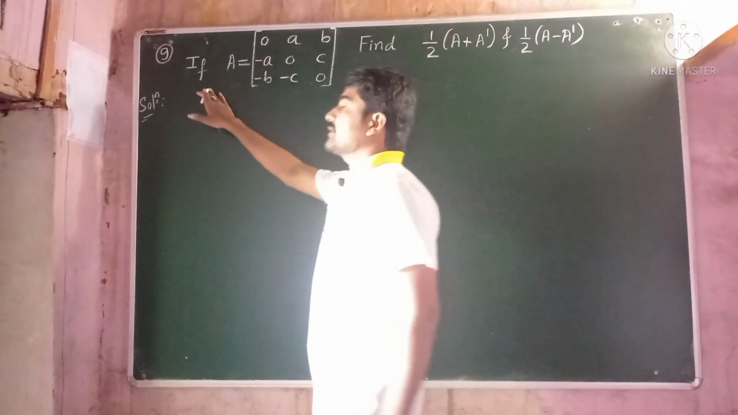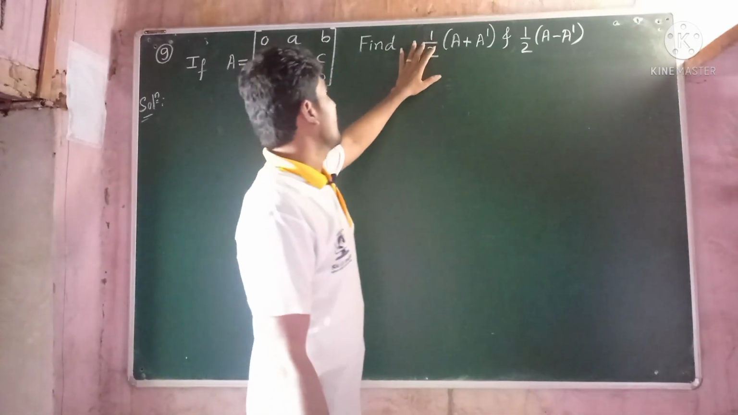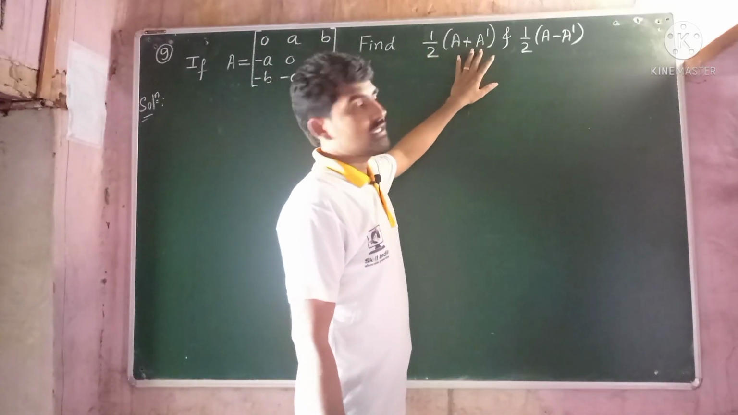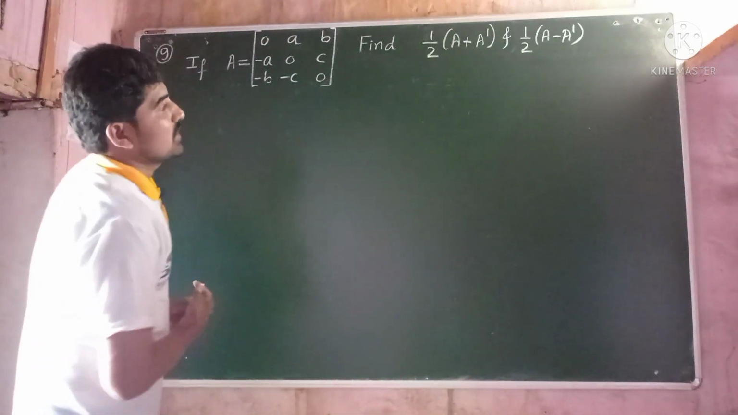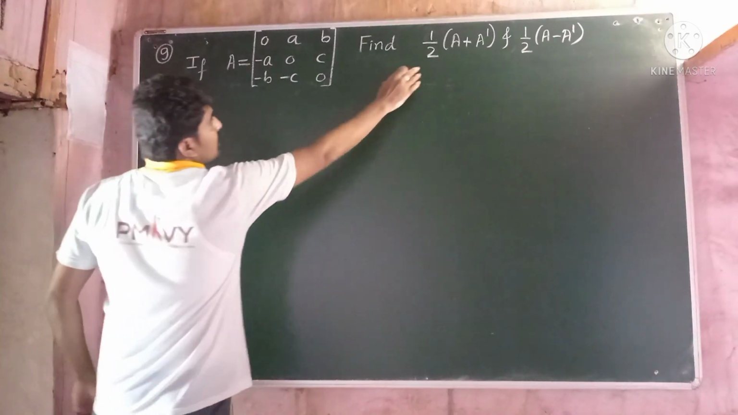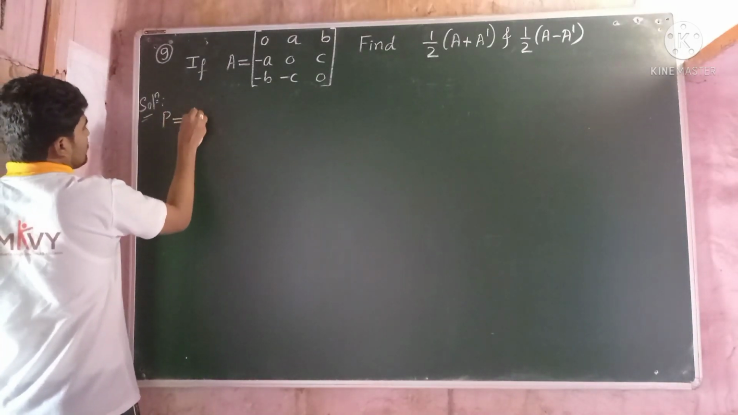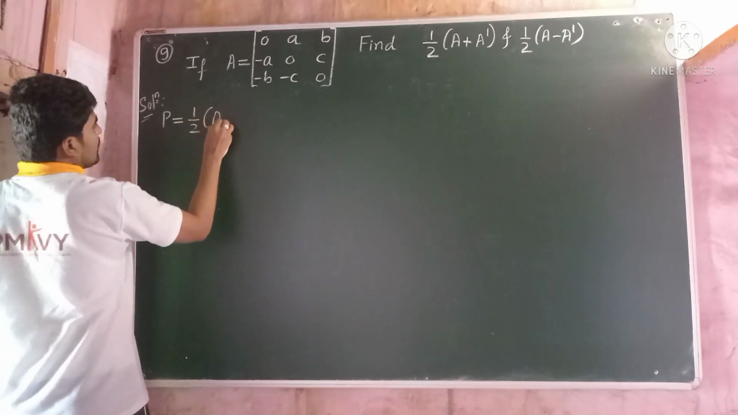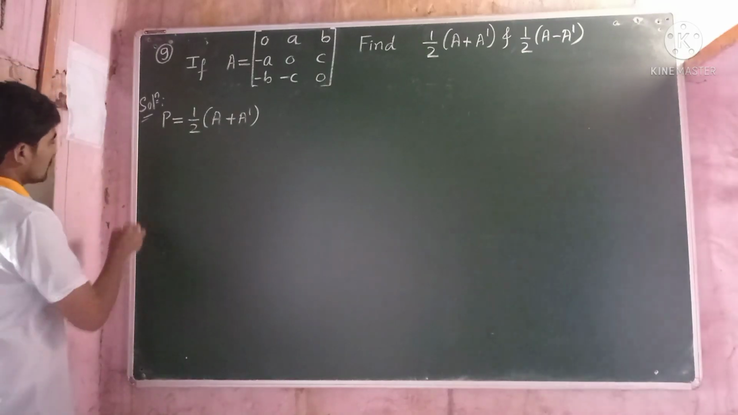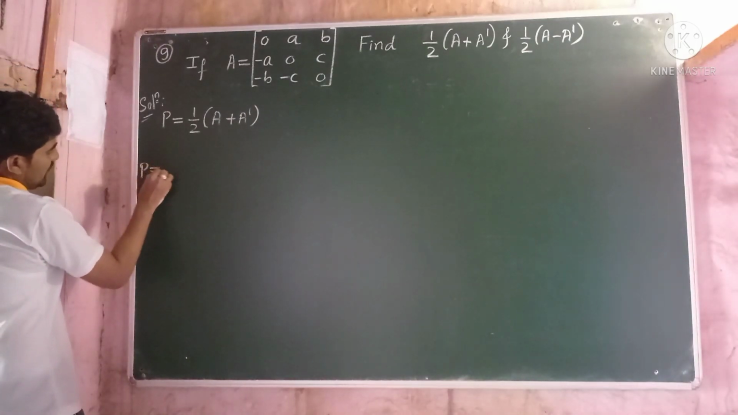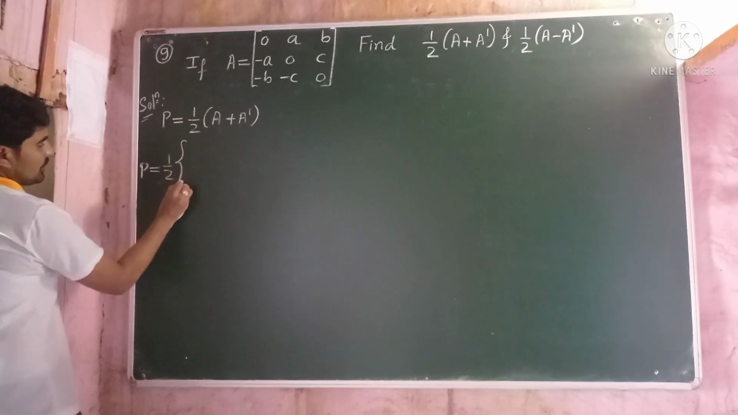Now the ninth question. Here he has given the matrix A, and we need to find 1 by 2 into A plus A dash as well as 1 by 2 into A minus A dash matrix. So let's start the solution. First, let us define P equals 1 by 2 into A plus A dash matrix. Therefore P matrix equals 1 by 2 into